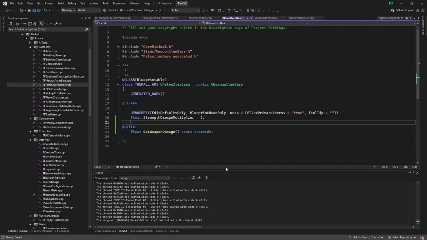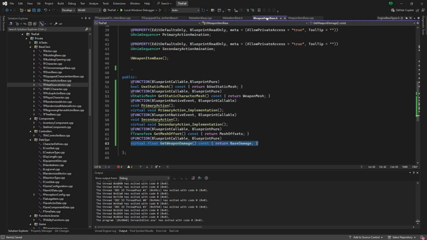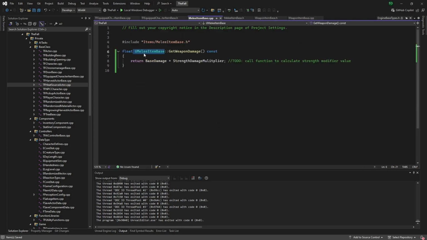It needs to have the same declaration and everything needs to be the same. And in our weapon item base, it's a public function. This U function information is carried over, and then we'll call this function instead. So